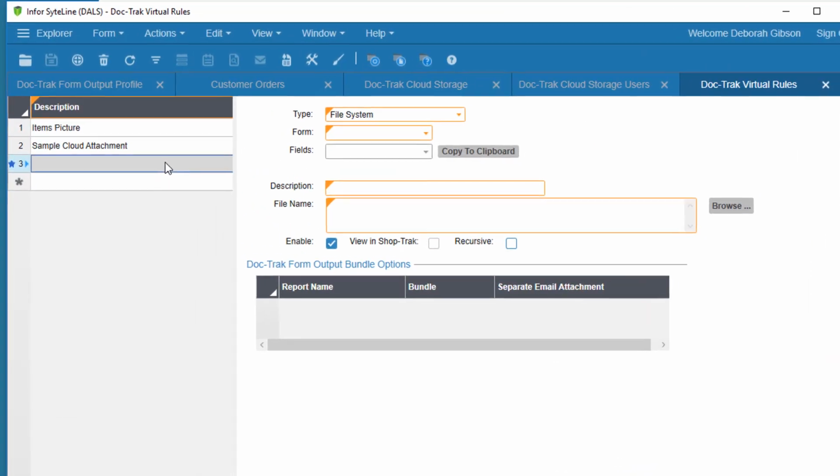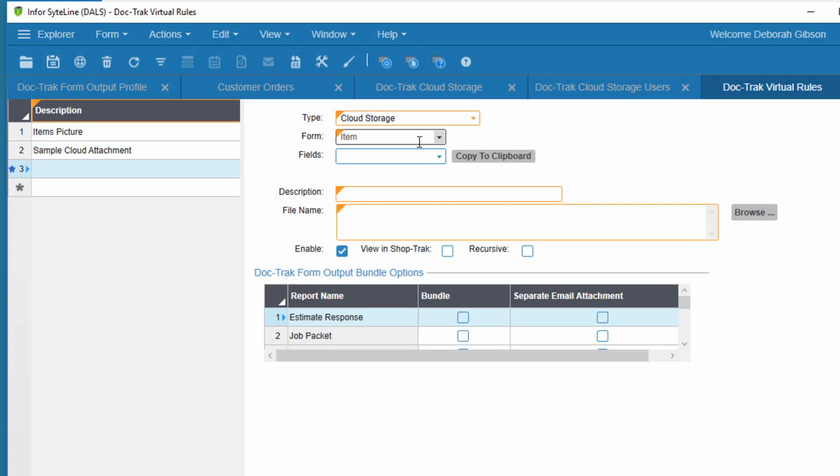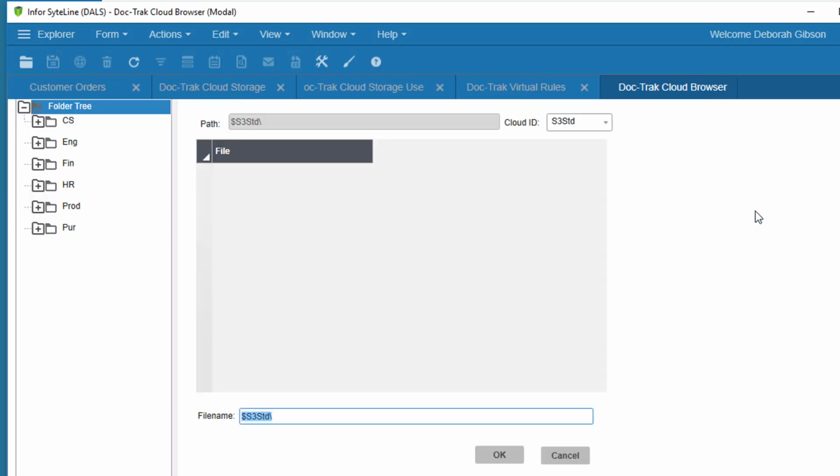The type will be cloud storage. We want it attached to the item record, and we'll make the description production drawing. Then in the file name, I'll enter my cloud ID, $S3STD, and select the Browse button. From here, I can select the engineering folder.